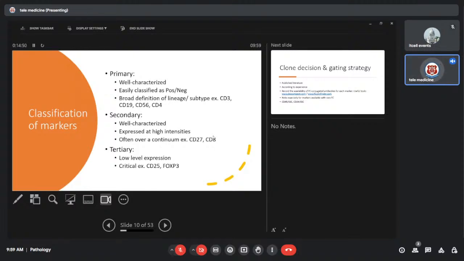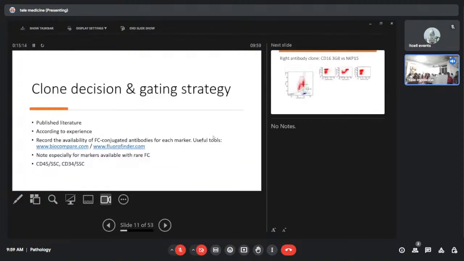And these are sometimes critical in an assay. For example, for a T regulatory assay, FOXP3 and CD25 are these markers. So you have very, very dim expression of these markers. So anything where you have a tertiary level expression, you want a brighter fluorochrome to separate it from the negative population. Now, clone decision and gating strategy, I have already told you that you can use your experience or the literature